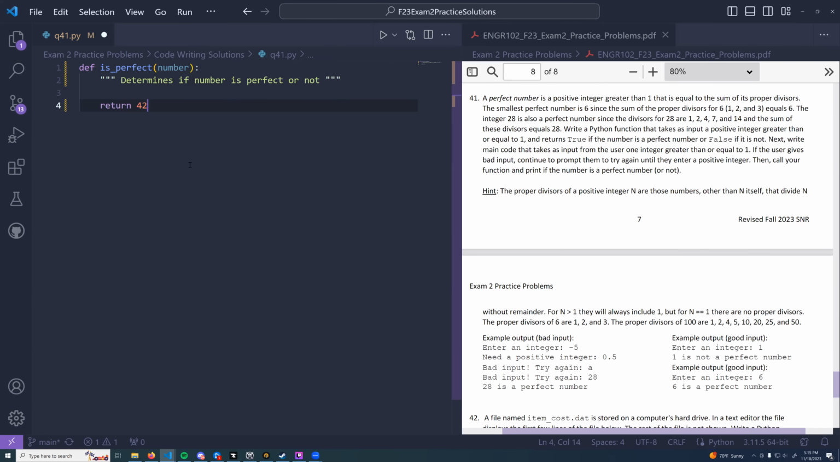We can say return 42. Mathematically, that's not correct, but more seriousness. So we need a list of divisors. Right. Okay. Sorry. Edge case is